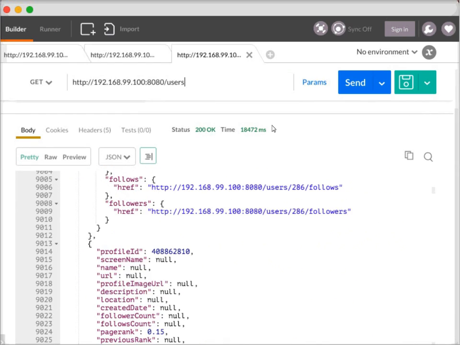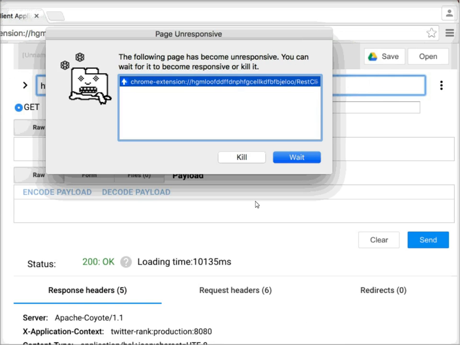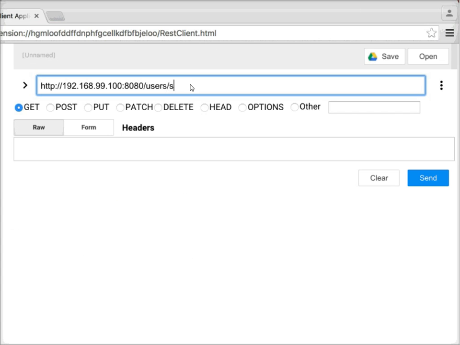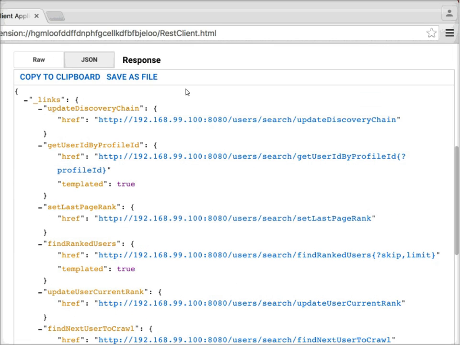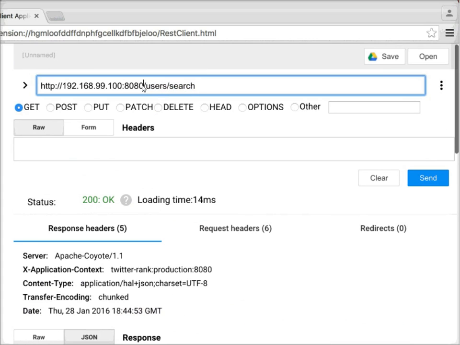Okay, so Postman returned. Here we have our users that returned, which as you can see is quite a bit. But the thing that's interesting here is this search endpoint. I'm going to the user search endpoint here. This is a link that describes some of the custom methods that we created in our repositories. This one is our user repository, and we created a couple of different Cypher queries that map to these methods. Now, why this is relevant is that